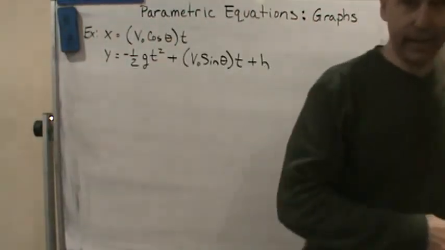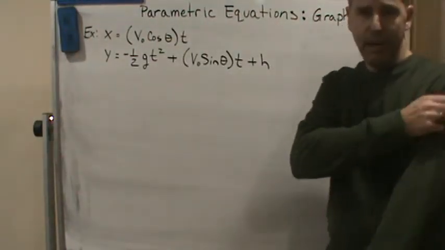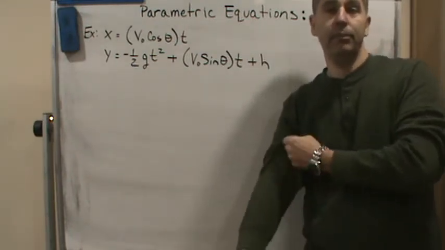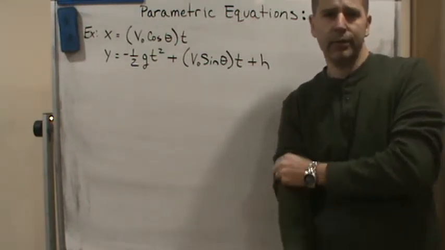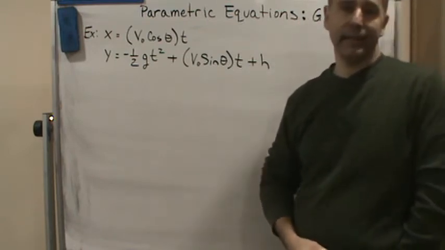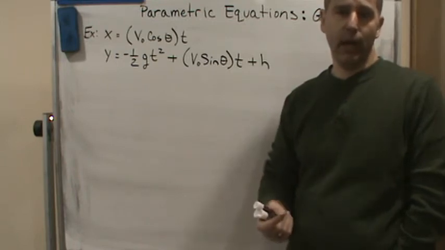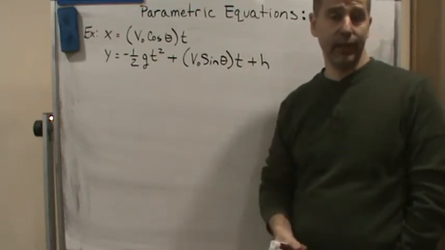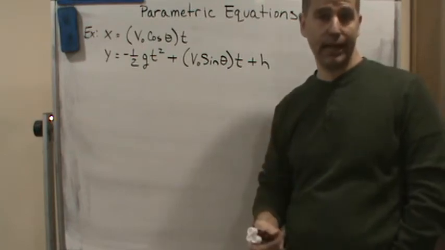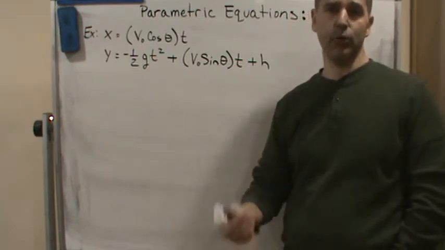Okay, so welcome back, and now what we're going to do is talk about some application problems, because this is where parametric equations become very helpful. A lot of times we can describe the path that an object takes when it is launched, right? But it's a completely different question to ask, say, where was the object at a time after it was